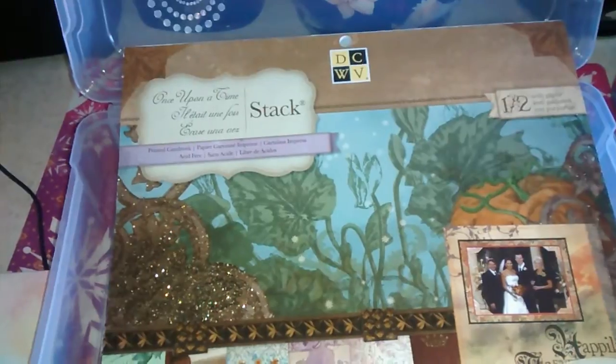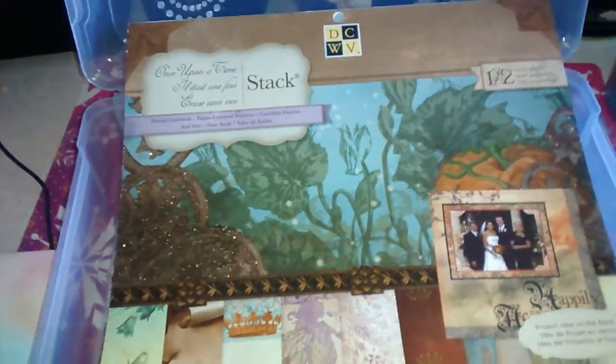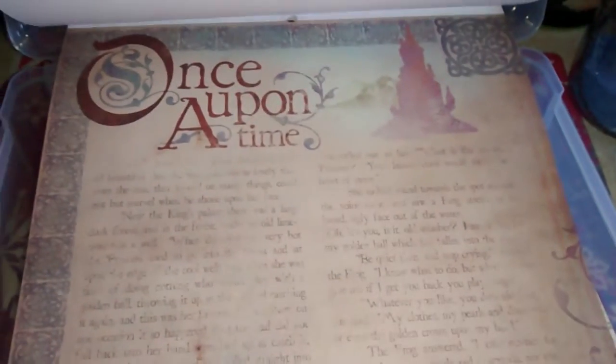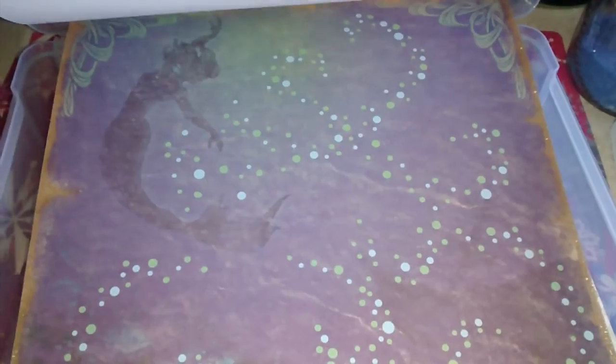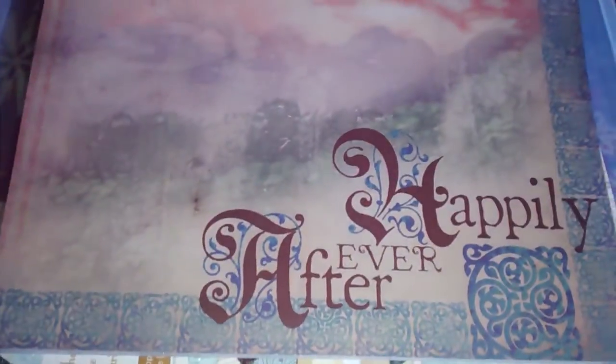especially my new subby. So I got this when it was on sale, half off at Michael's, and this is Once Upon a Time paper, and I'm so in love with this paper. Look how pretty this paper is. This one isn't double-sided though, but look how pretty it is. It's got some glitter, the borders on them. Once Upon a Time. This is definitely for a princess. And guess who has a princess? I do. My little 3-year-old's my princess. Look how pretty that is. Look at the little frog. It's so beautiful. I don't even want to cut this paper, and that's why I wanted a 12-inch by 12-inch